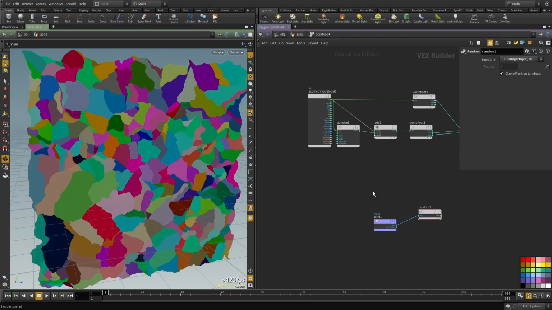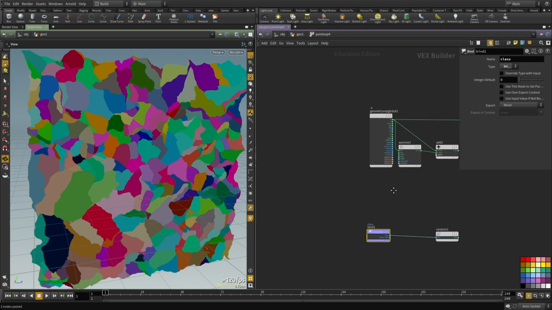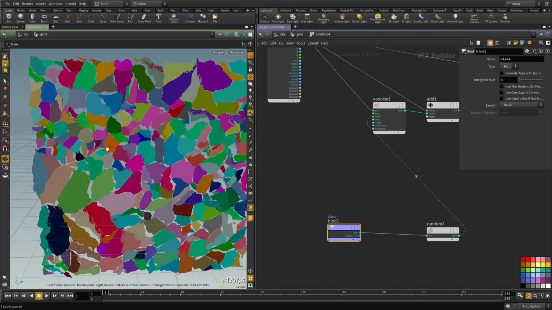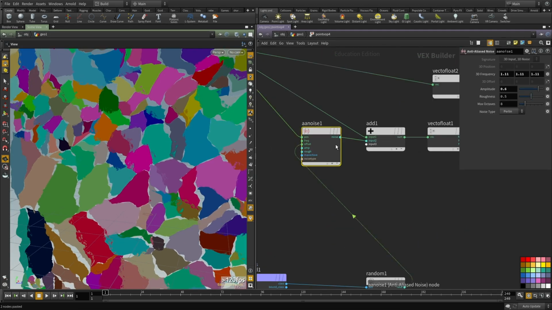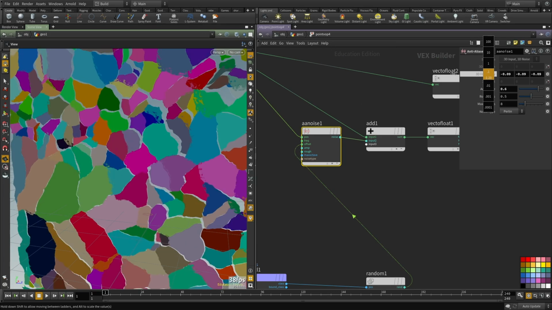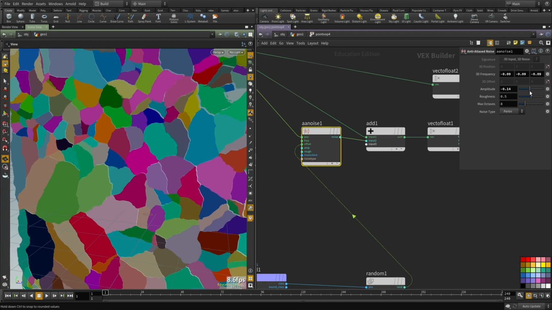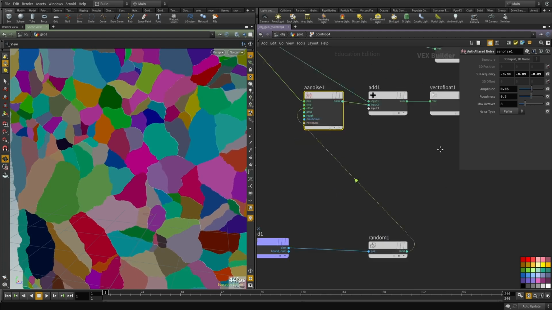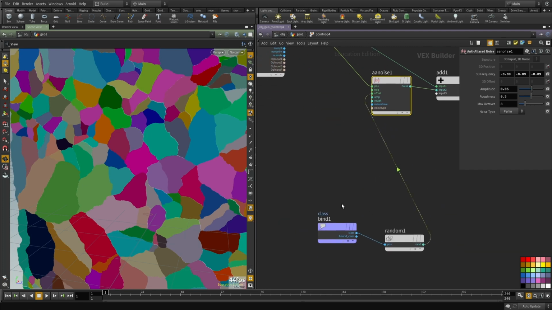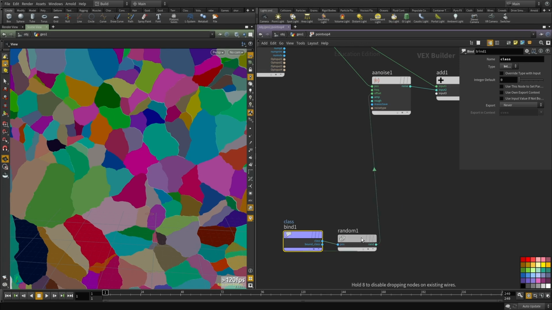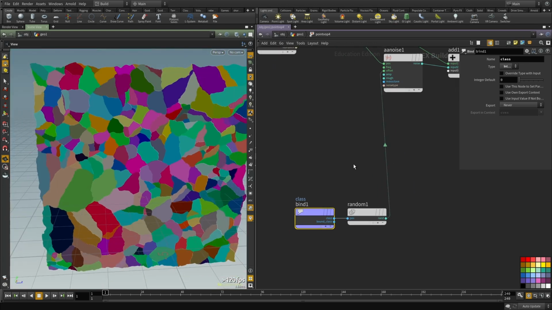Okay, but now what I want to do is add this as an offset, so each piece gets a unique value. Right now we're adding the same noise, same frequency, and I'm going to lower the frequency and lower the amplitude as well. You can see we're getting some interesting cracks happening. Now we're getting the same distortion along the same offset along the X and Y,